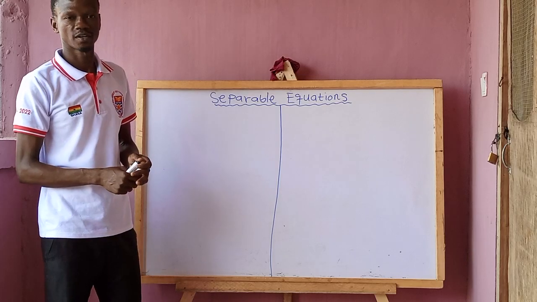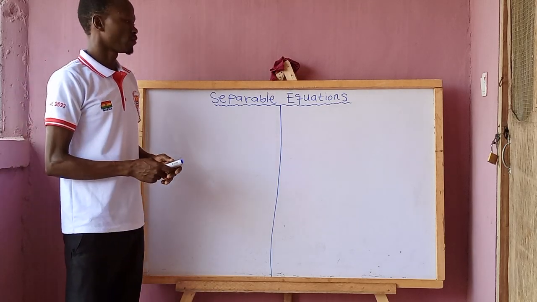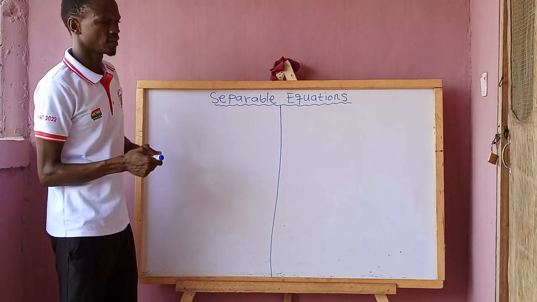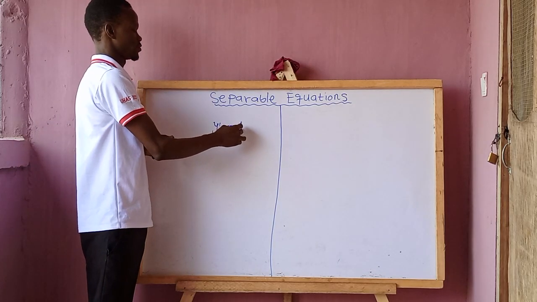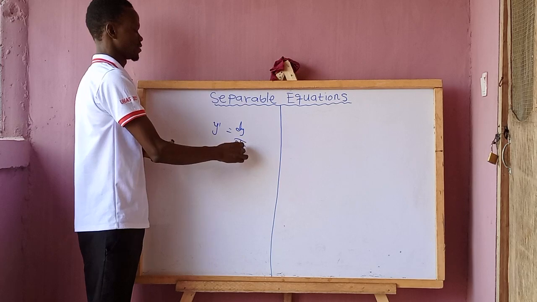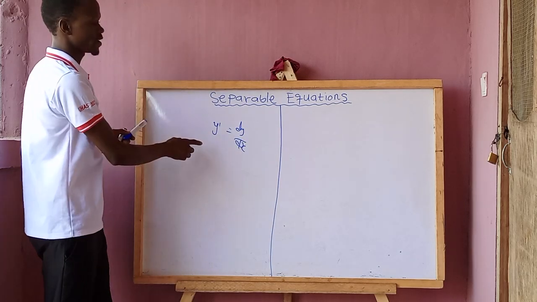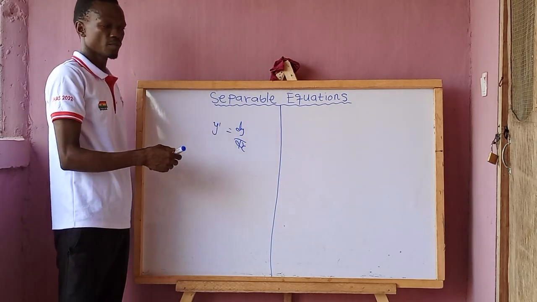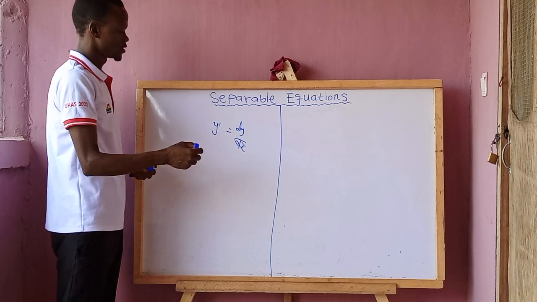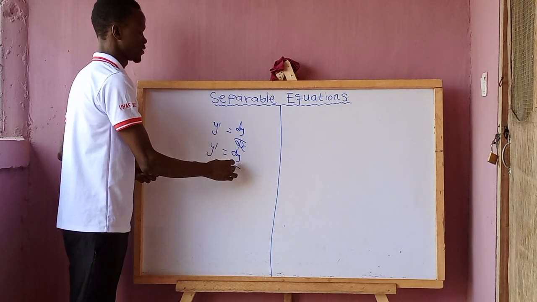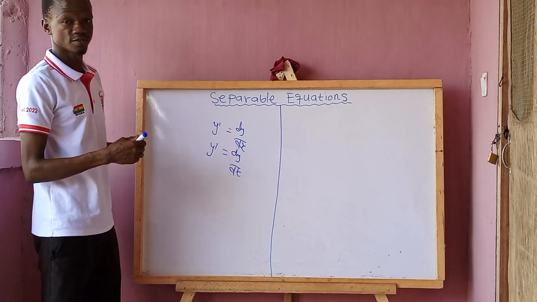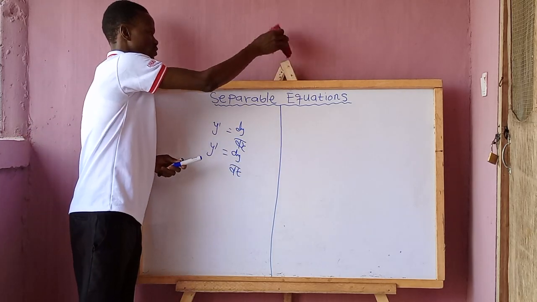Now, what we need to know in this lesson is that y prime is equal to dy dx. That is, if y is a function of x, but if y depends on t, then y prime will be equal to dy dt. You should know this. All right. Now,